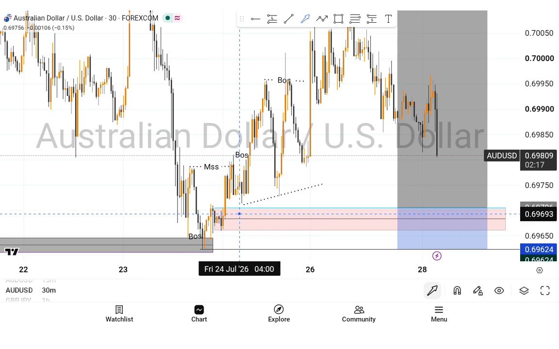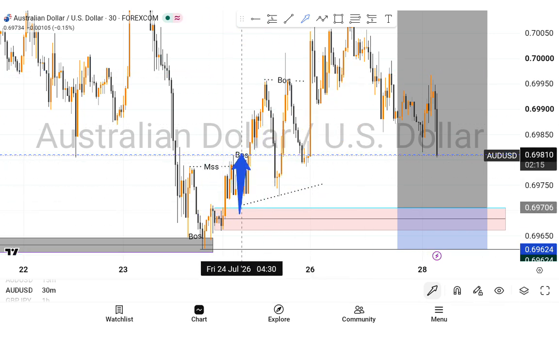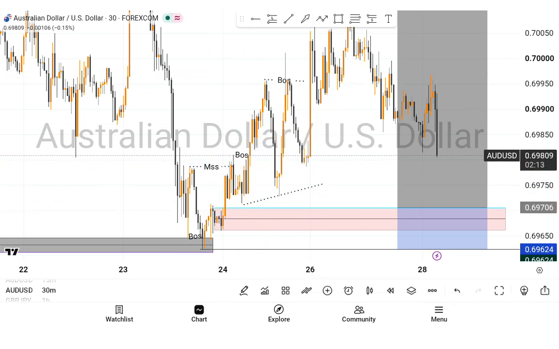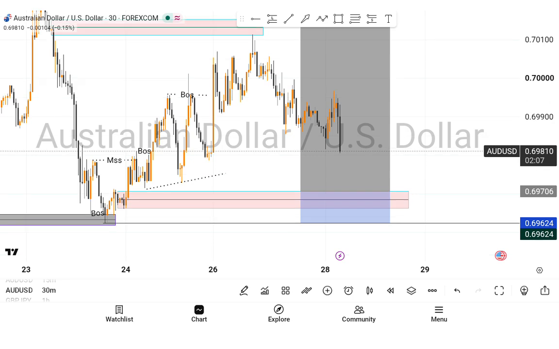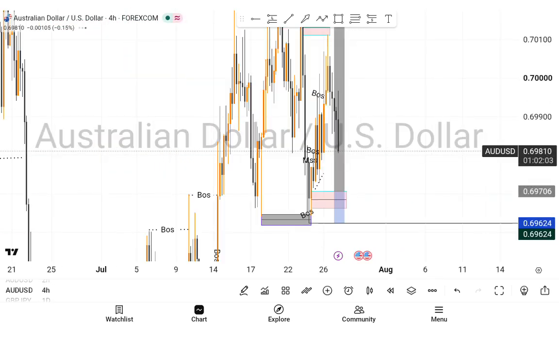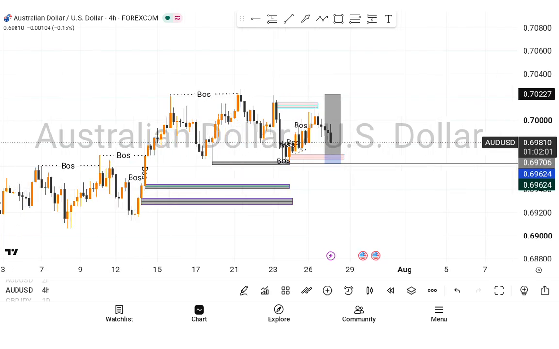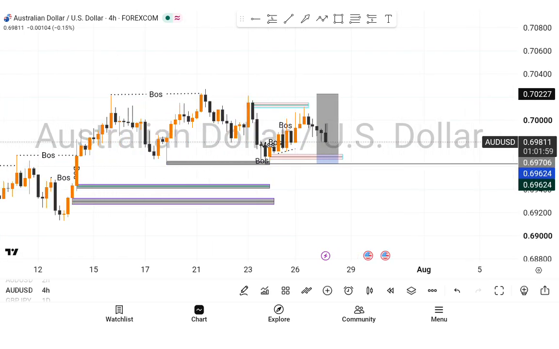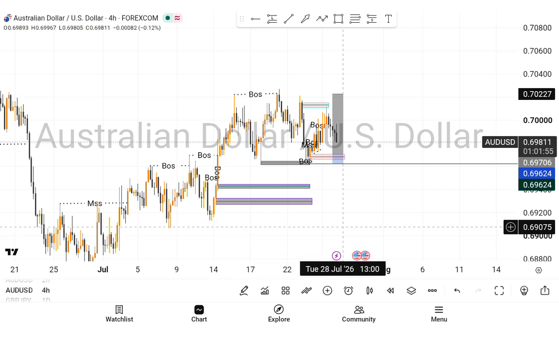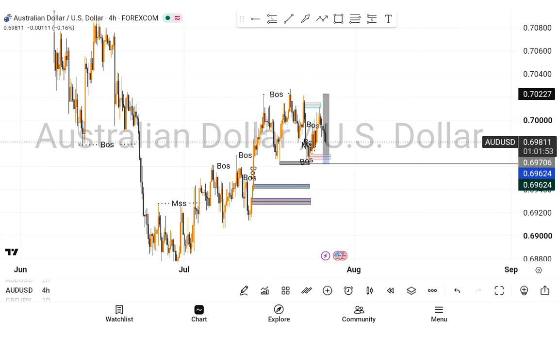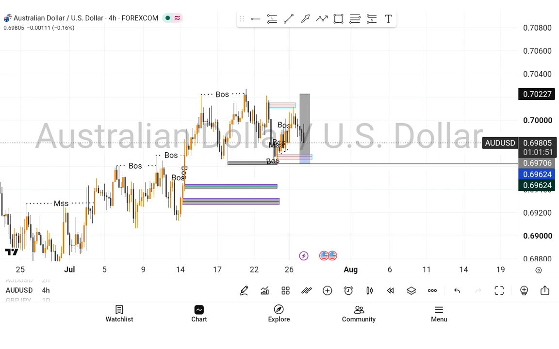This zone, okay. For me, I don't use it as a change of character for a new entry. I have to wait for a new change of character for this new entry. Remember why I don't want to sell? Because the market is bullish. So if you go to 4 hours, you can see that the market is bullish. And if market breaks that zone, you know that we're waiting for it at this zone. The market is really bullish. So that's why I don't look for a sell.